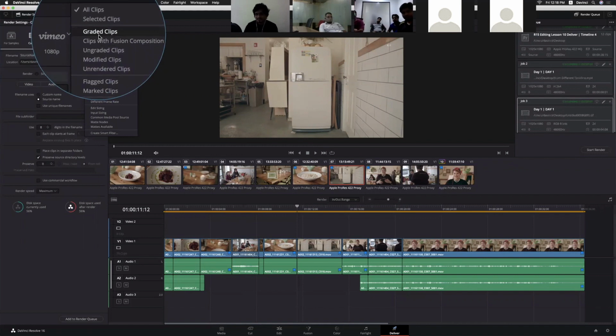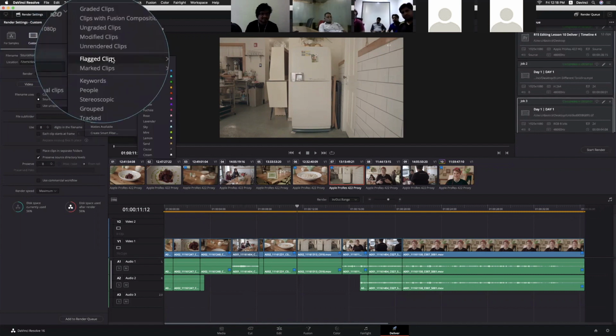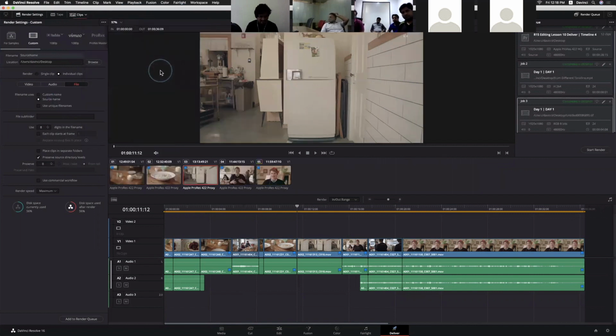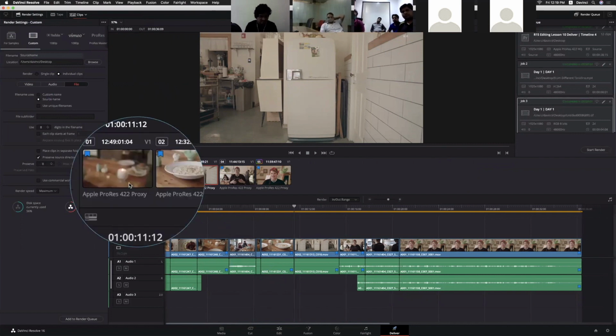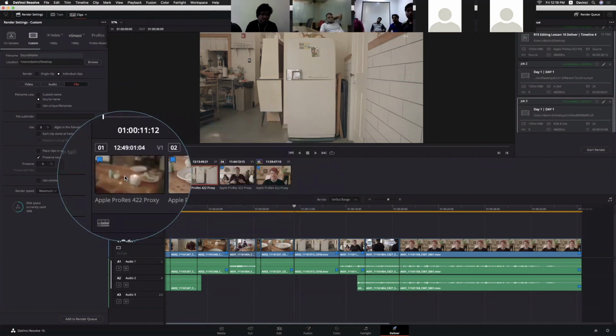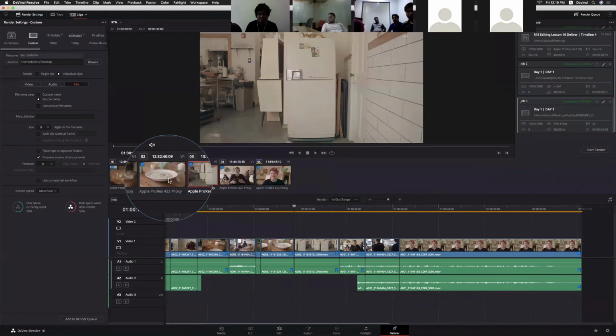Graded clips, maybe already corrected clips. Now here I'm selecting flagged clips. So blue color. If I select this option, I am exporting only those clips from my timeline, not all the clips. Can you see here? If I export right now, you will get only these 5 clips from my timeline.